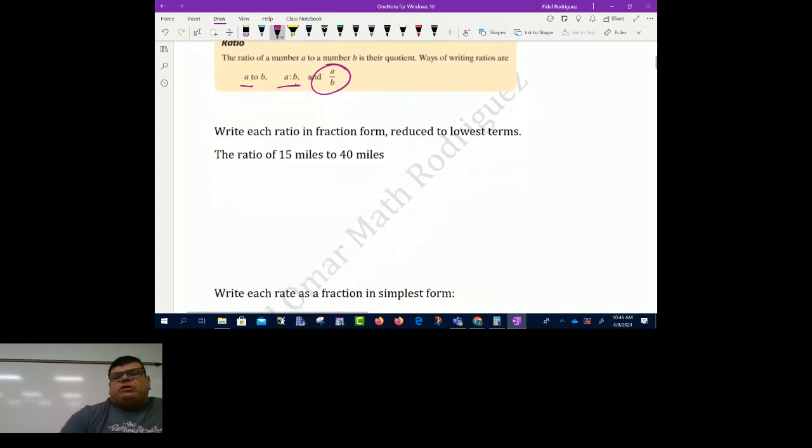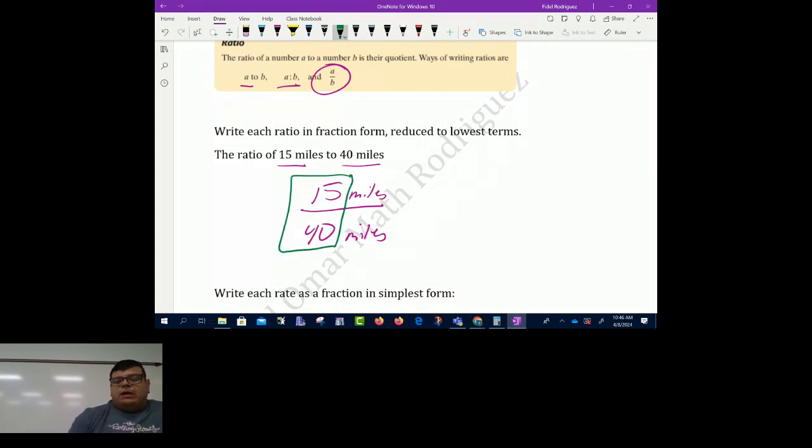Okay, so let's see what we mean by this, y'all. It says the ratio of 15 miles to 40 miles. So look, y'all, I'm going to put 15 miles on the top. I'm going to put 40 miles on the bottom. And the next thing we're going to do here is look at these two numbers, 15